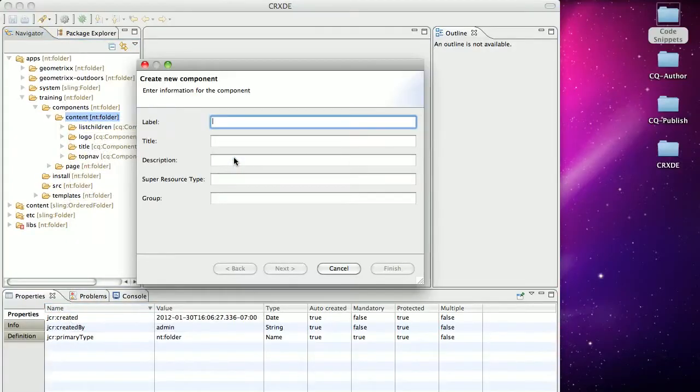So the first thing that we're going to do is go over to CRXDE, and I'm going to go to my apps folder. I'm going to choose training, go to components, then go to my content components, and create a new component. That component is going to be called title image, and I'm going to say training title image, and then for my description, I'm going to call it my custom